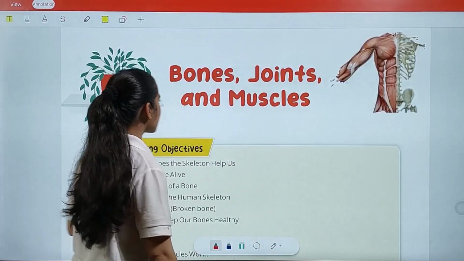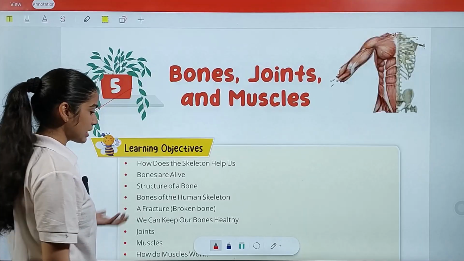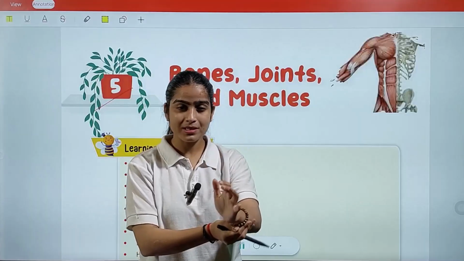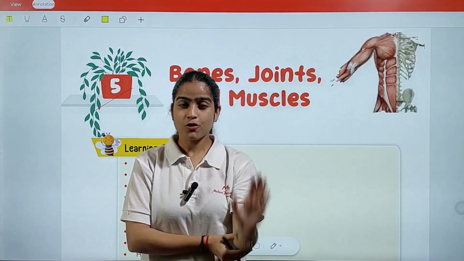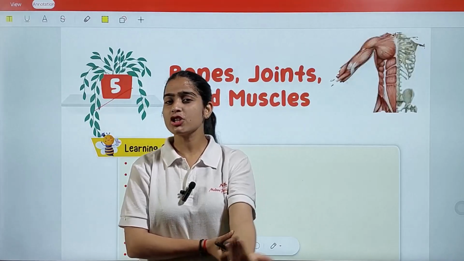Today, we are going to start our chapter number 5, which is about bones, joints, and muscles. Before starting this chapter, you have to observe your bones, your muscles, and your joints. Okay. So, we will start this class in a practical way, where we have to understand each and everything about